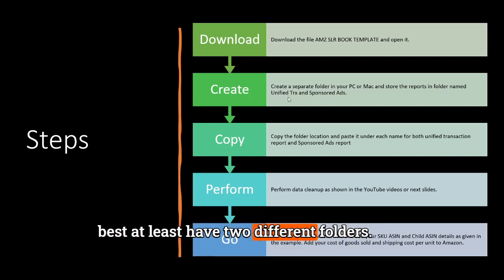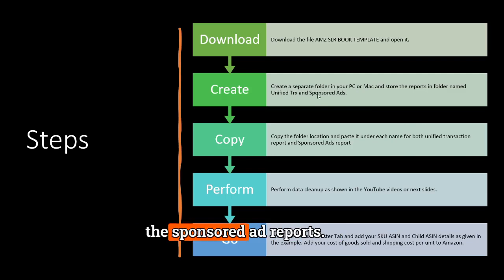At least have two different folders, one to store all the transaction CSV files from Amazon, and the other one for all the sponsored ad reports. And I will show you exactly which reports I'm expecting here. Next is to copy the folder location and put it into the parameter section. I will show you later. And then you still need to perform a few data cleanups, which I will show. And again, I have put that in videos, but I will also show in this